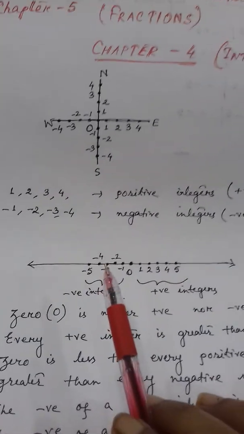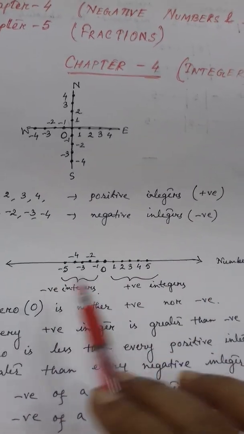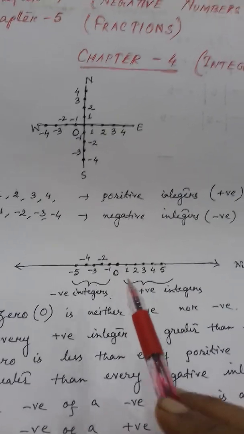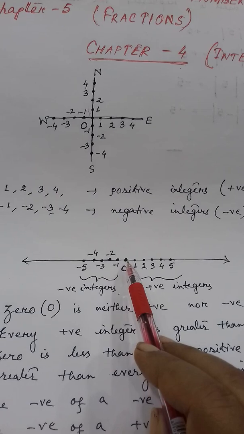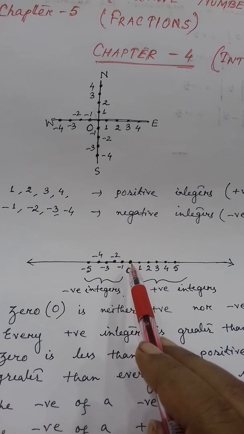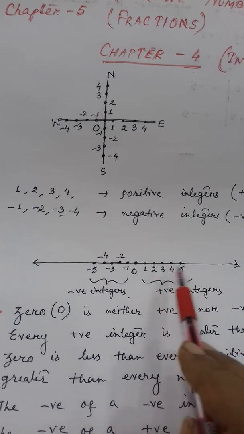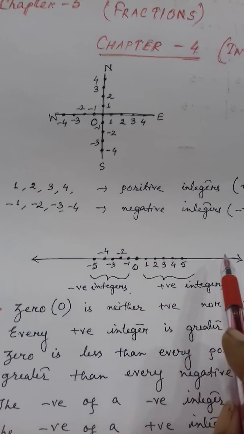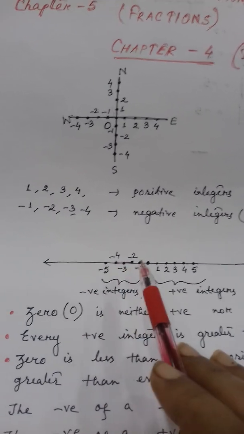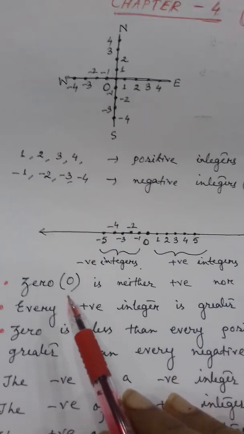Now actually, how to represent the integers on the number line. This line is known as the number line, with arrow signs on both sides. The line concept I think everyone knows. So suppose this middle point you have considered 0. We consider 0 as the starting point. Clear? So from 0, if you move towards the right, all the integers are positive. And from 0, if you move towards the left, all the integers are negative. Got my point?